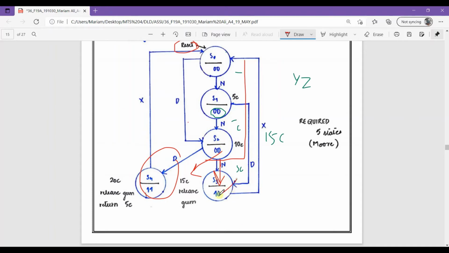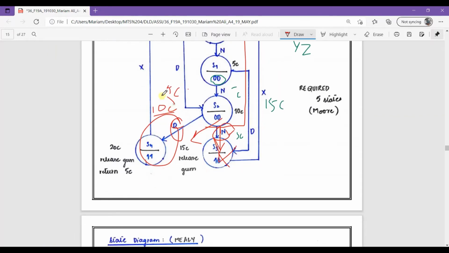If we do not choose that way, we are not going to provide a nickel after that, we are going to provide a dime. We have provided 5 cents with a nickel, and now we provide 10 cents, and then it gets to 20 cents.